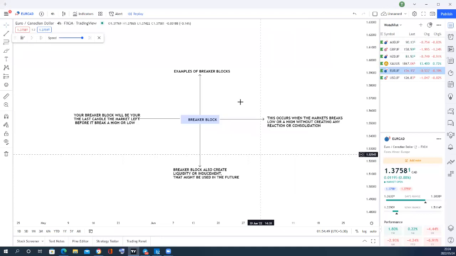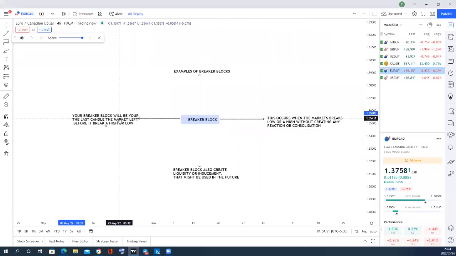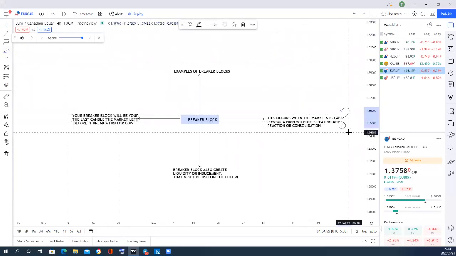So when we talk about a breaker block, we are simply talking about the definition of a breaker block. It states that this occurs when the market breaks a low or a high without creating any reaction or consolidation. You understand? So this occurs when the market breaks a high or a low, depending on the trend. Which means on a downtrend, if the market breaks a low